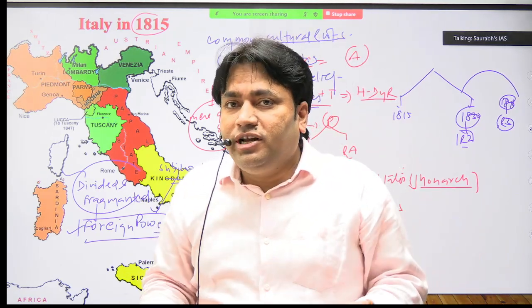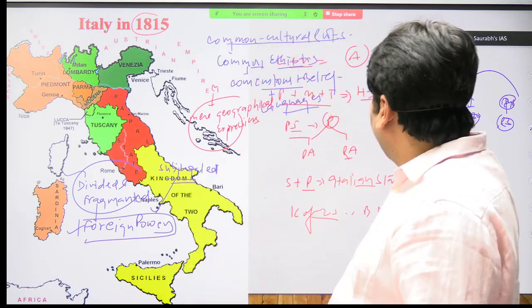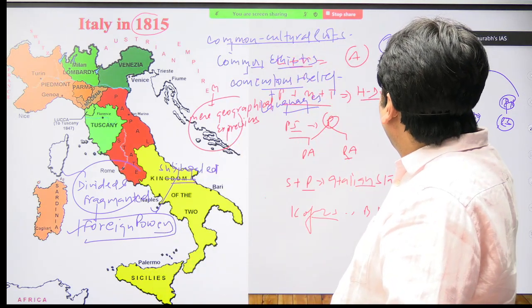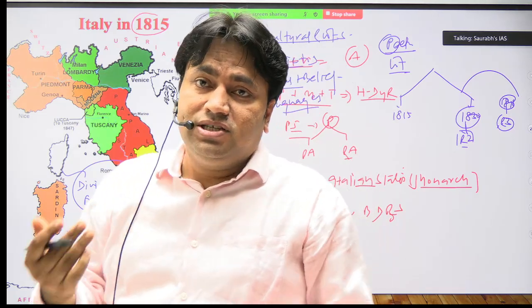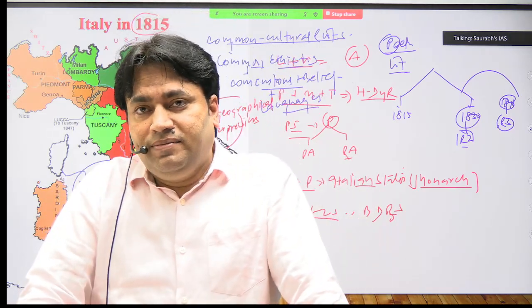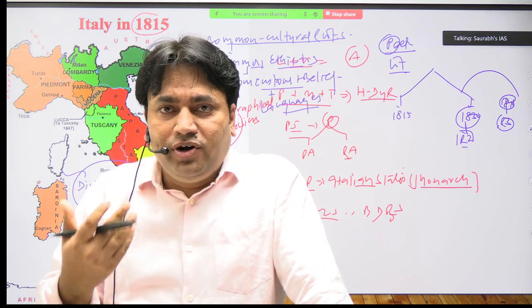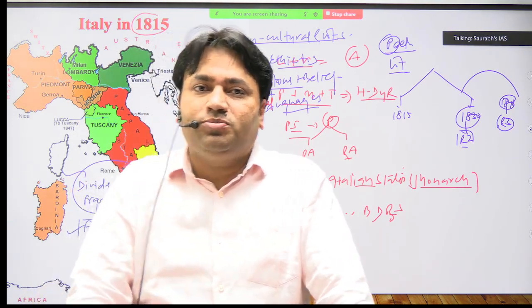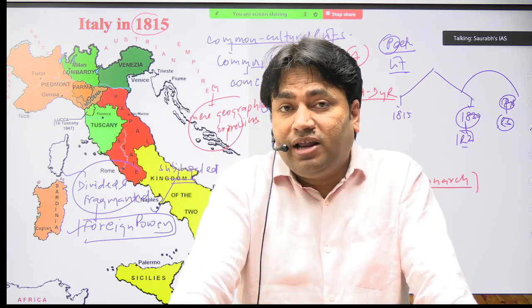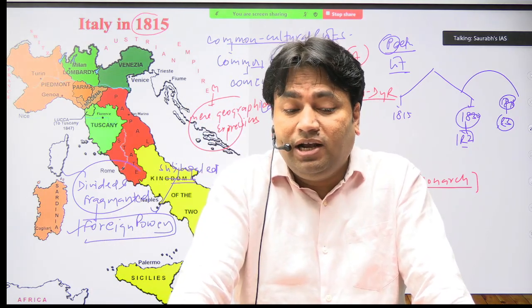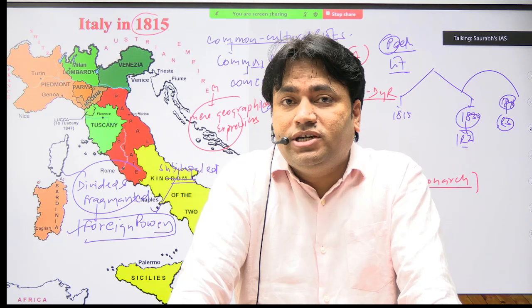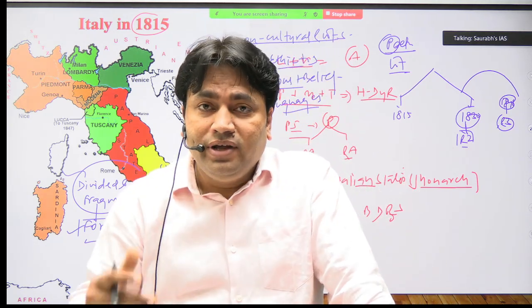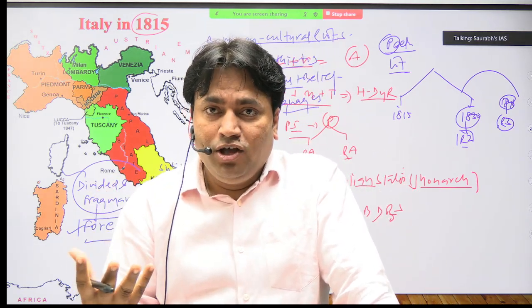So the literature in vernacular languages which they will compose, obviously in the poetry, in the literature, what will happen? The expression of this dissatisfaction can be seen, right? And through this poetry, through this literature, where the expression of this dissatisfaction can be seen, what will happen? Ultimately, a kind of sense of oneness will be promoted in the minds of these people, right?